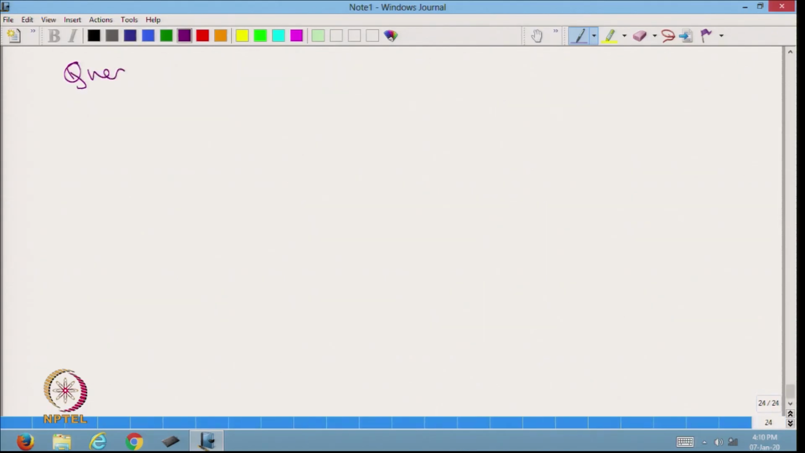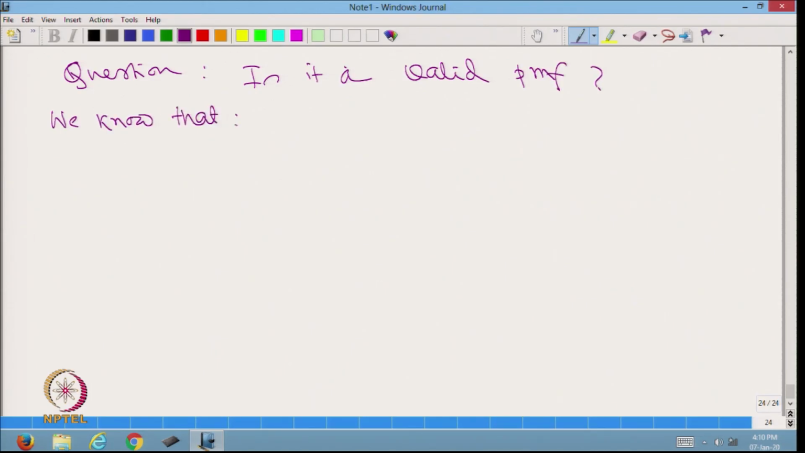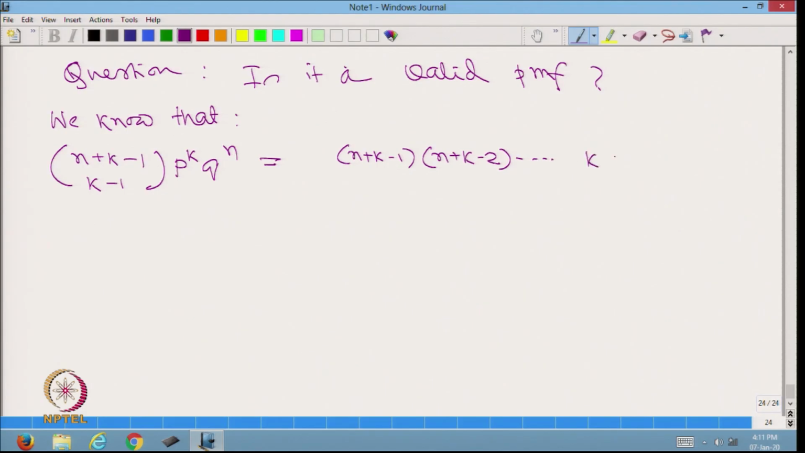Question is, is it a valid PMF? We know that n plus k minus 1 C k minus 1 p to the power k q to the power n is equal to n plus k minus 1 into n plus k minus 2 up to k minus 1 up to 1, divided by k minus 1 factorial n factorial into p to the power k q to the power n, which